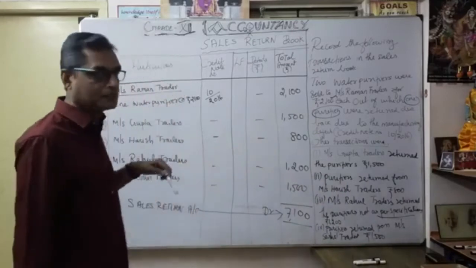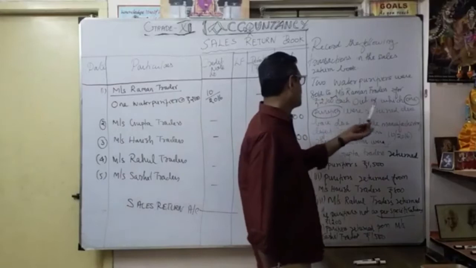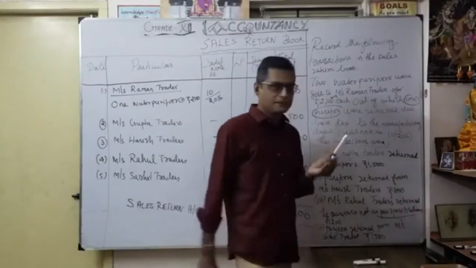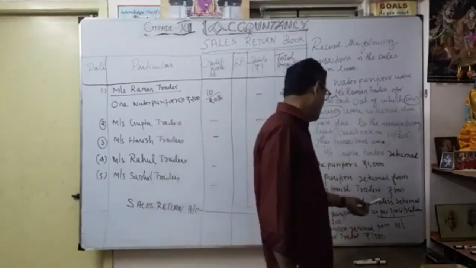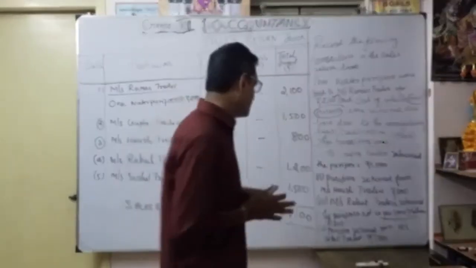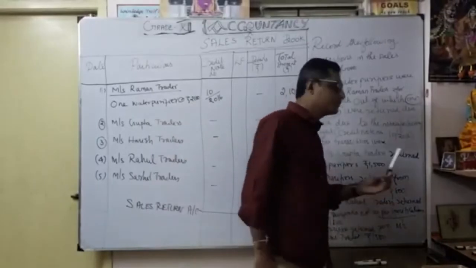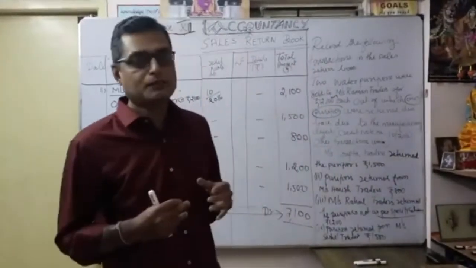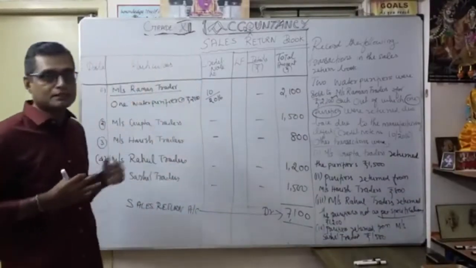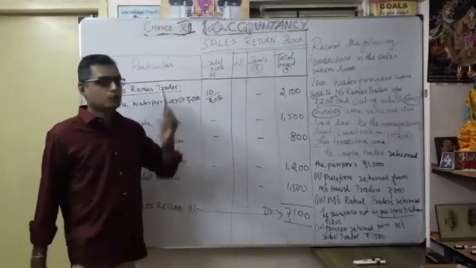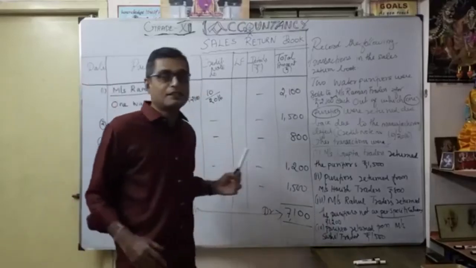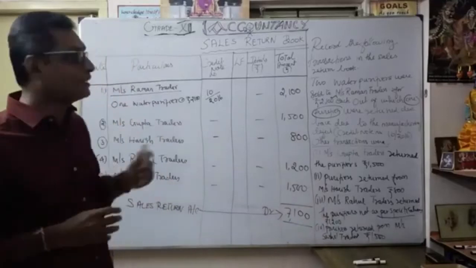So that is the recording of the transaction for the credit sales done earlier. The customer may return goods for many reasons. Here, what is the reason? Returned due to manufacturing defect, they said. Thereafter, here they said not as per specification. So they have to mention the reason. Suppose the specification the customer expected is not fulfilled, they can return it back. We record all the returns under the sales return book. Now we are going to open the sales return account, then each party's account. Let's see how we are going to open the sales return account and the different parties' accounts.